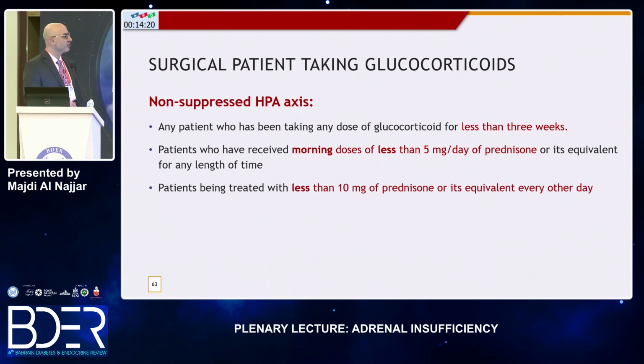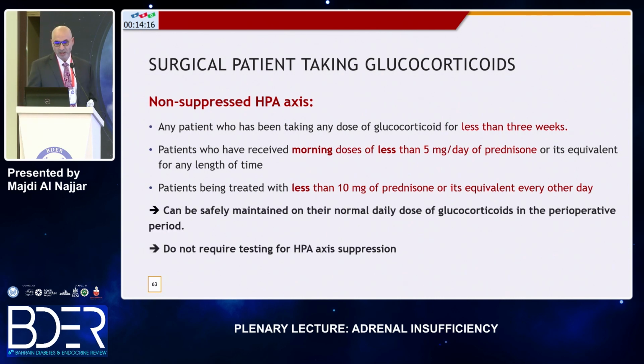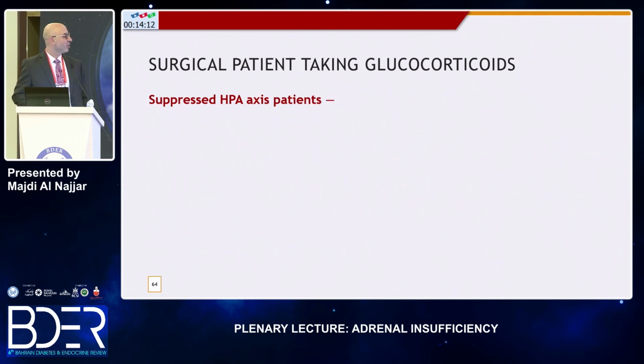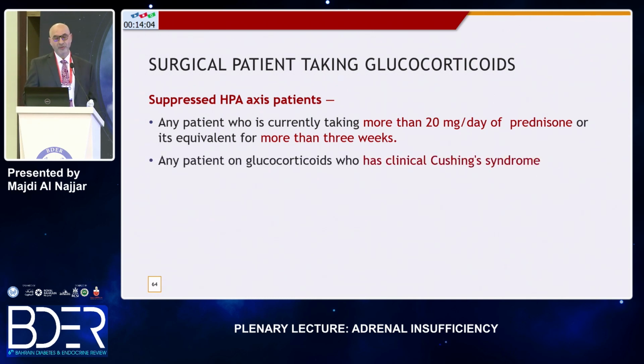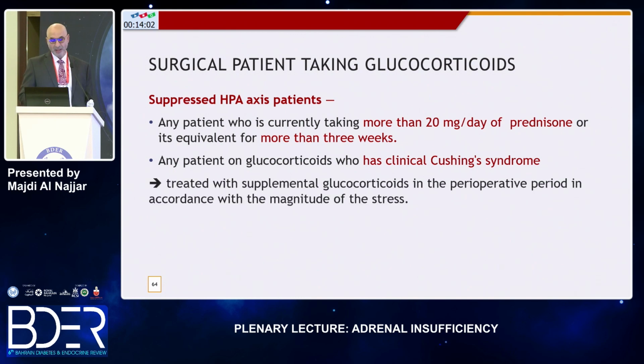These patients, we can assume they have a normal HPA axis and no need for further evaluation and no need for an extra dose during surgery. What about those who are suppressed? Any patient taking more than 20 milligram prednisone for more than 3 weeks, or who look cushingoid on examination. These patients, we can assume their HPA axis is suppressed and they need extra supplement doses during surgery or any stressful